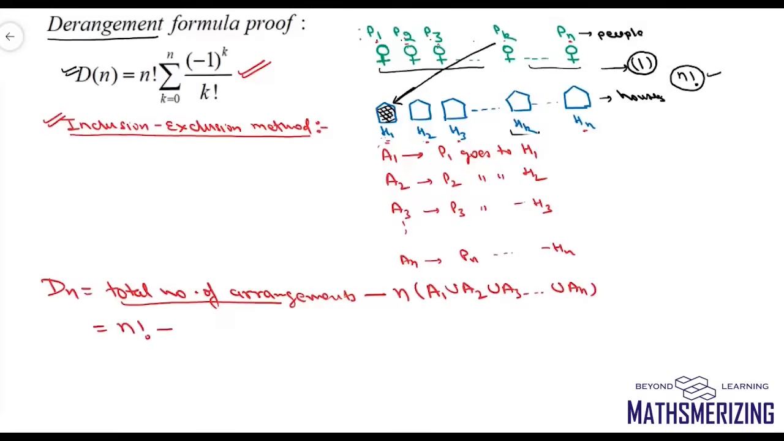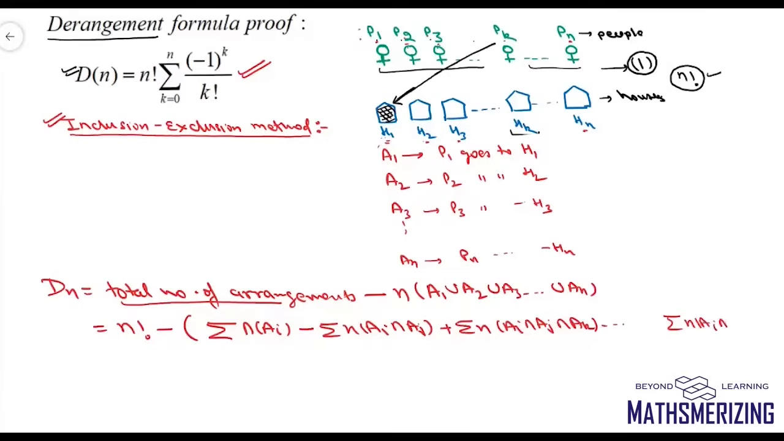Now what is n of A1 union A2 union A3 union An? This formula is simply the summation of n(Ai), minus the summation of n(Ai intersection Aj), and then plus the summation of n(Ai intersection Aj intersection Ak), and this continues up to the summation of n(A1 intersection A2 ... intersection An) for all the n people, with sign minus 1 to the power n minus 1. So I'll write it as